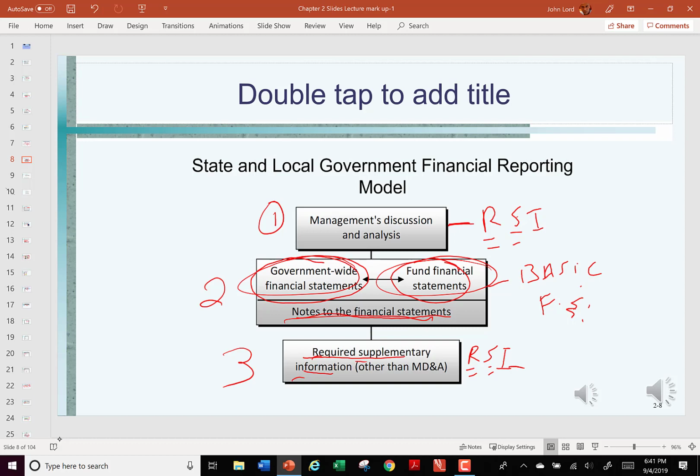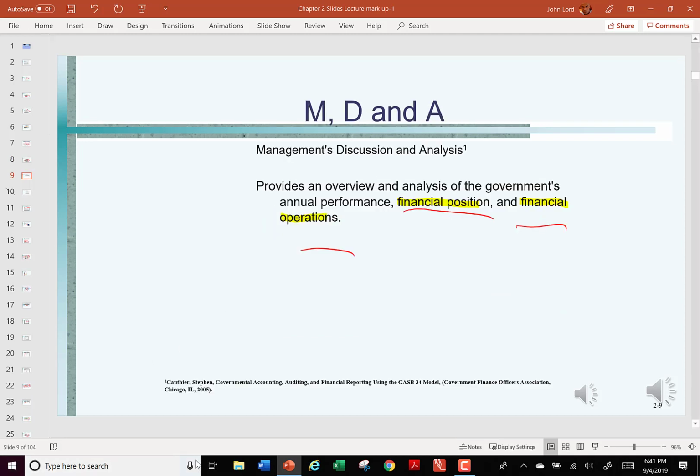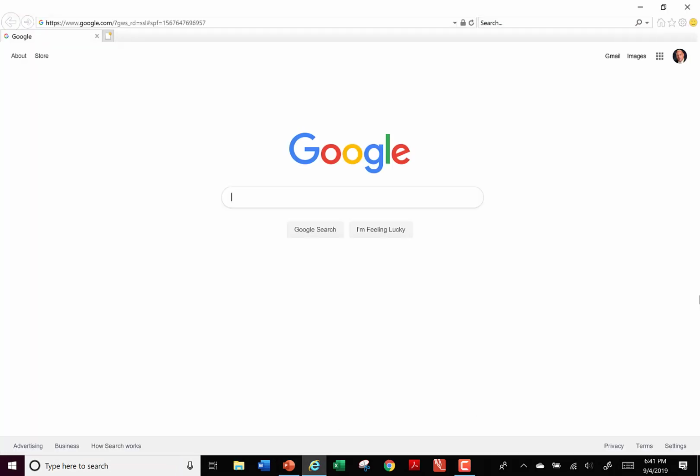So in this class, we focus on what? Governmental and not-for-profit accounting, right? Just to make sure you know which flight you're on here. All right? Okay, good. Now, what I'm going to do at this point is take a little time to scroll around a little bit, and let's see if we can find the city of San Jose